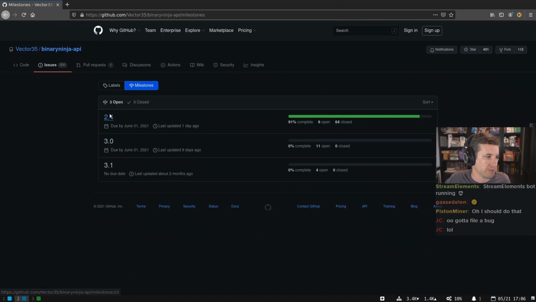Milestones, that's the button I'm looking for. Again, we talked about this a little bit last time as well, that we've kind of split up 2.4, 3.0, and 3.1 here for our milestones, where 2.4 is basically what we've done. I mean, you just look, we've got 70 issues or bugs, enhancements or whatever they are. It's a mix. And we're just about done with that.